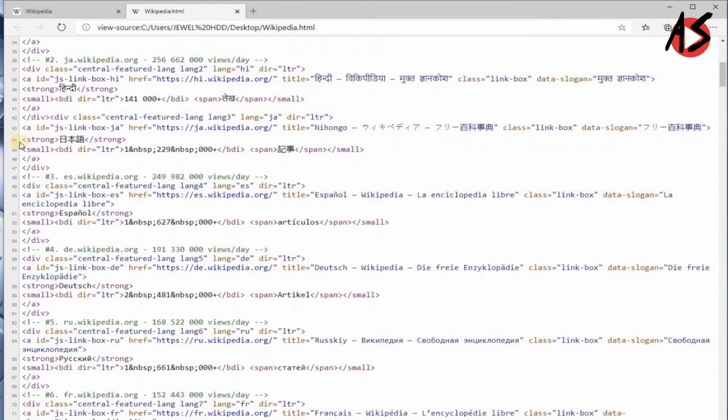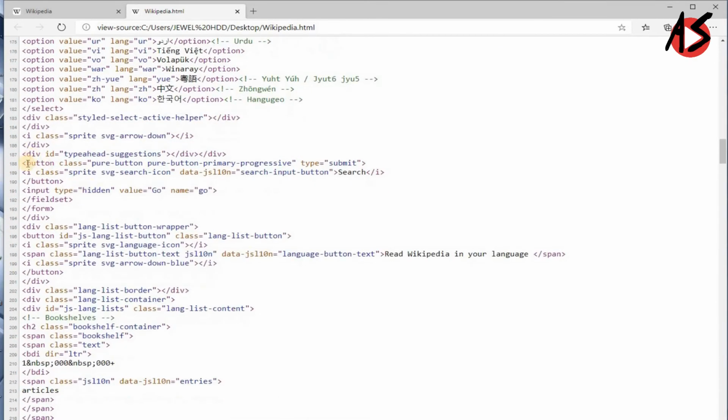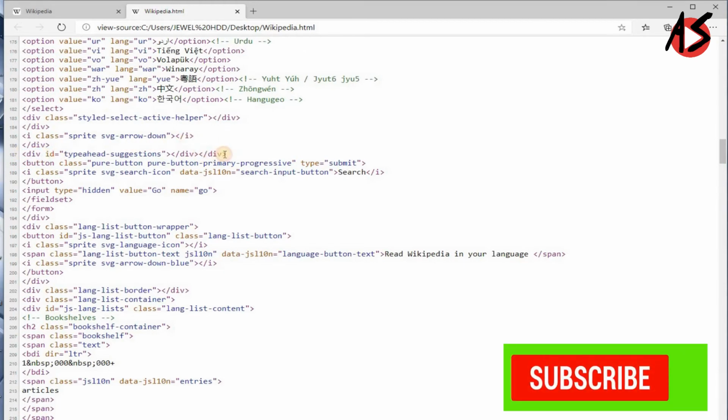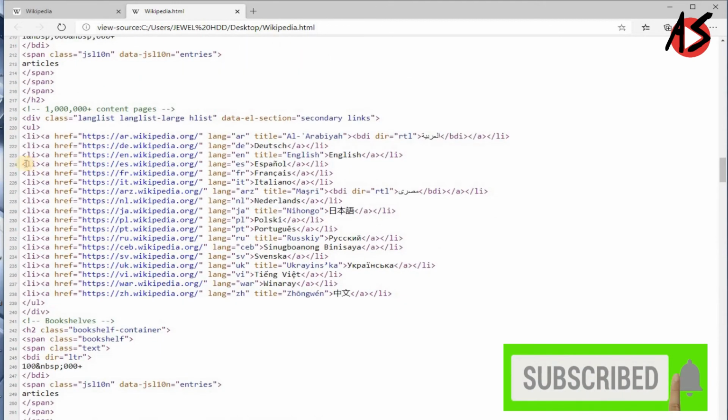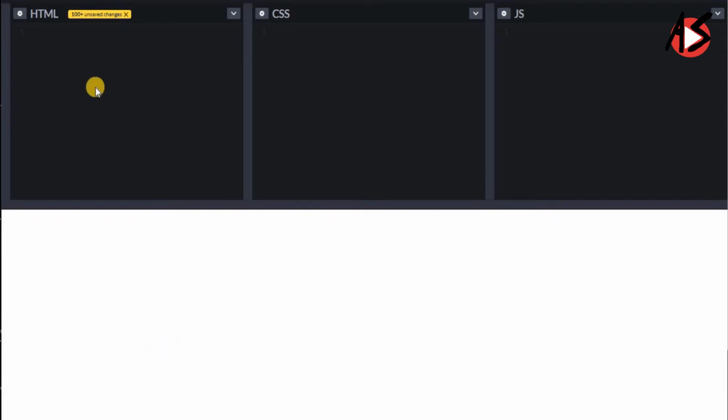That means what kind of things you have in the page, like divisions, and you have options for the languages. Then you have divisions again, and you have various lists with li tags. So you get lots of tags that give the commands about what the content is all about. Now we will do one small practical and you can understand what HTML, CSS, and JavaScript are. So here we will write some HTML.